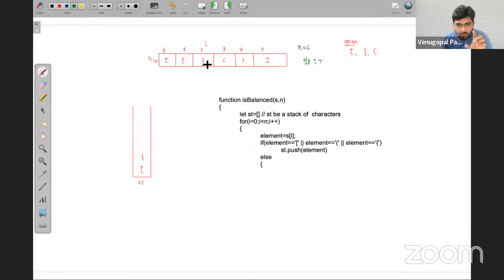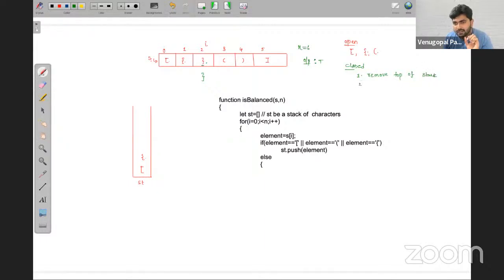If your input is a closed bracket, then remove one element from the stack. First, you remove the topmost element from the stack, the top of the stack.